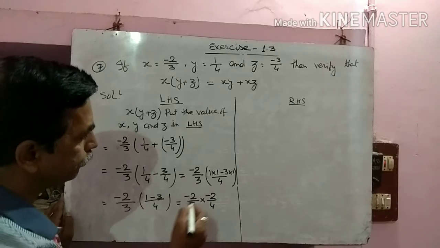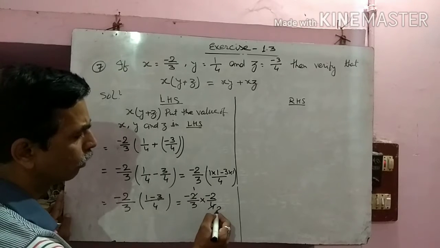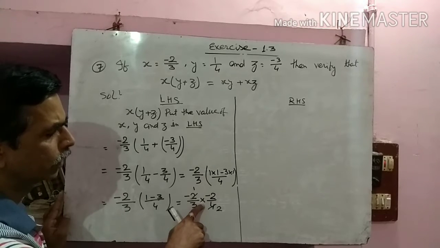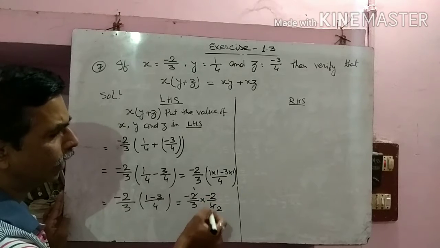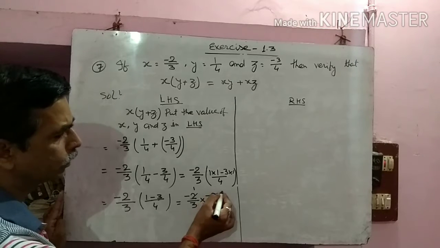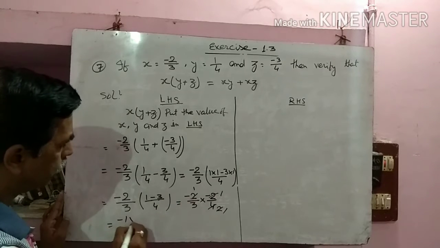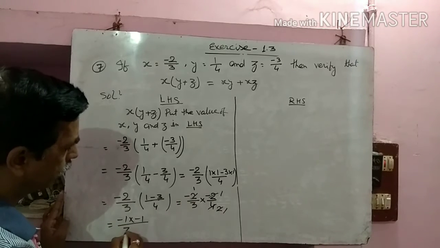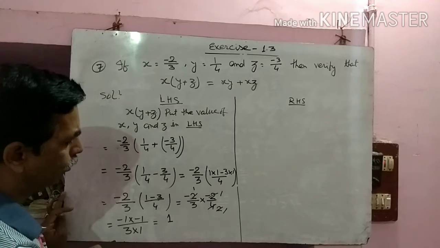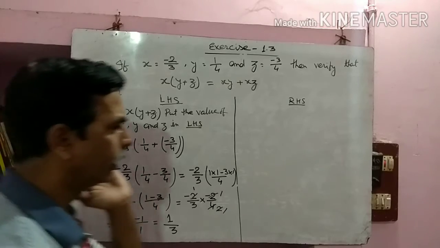Okay, so here you can also divide these two. 2 ones are 2 and 2 twos are 4. Look here, there is a sign of multiplication, that's why we can divide these two numbers. Otherwise you can't divide. You can divide numerator and denominator like this, but you can't divide the cross way. So this becomes 2 ones are 2 and 2 ones are 2. Then you get minus 1 into minus 1 by 3 into 1. So minus 1 into minus 1, as you know, becomes plus 1 by 3. This is the value of the left hand side.